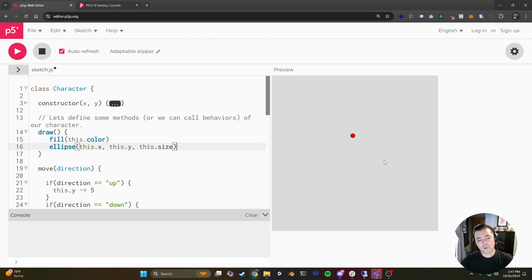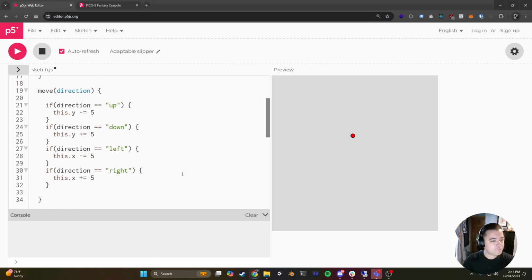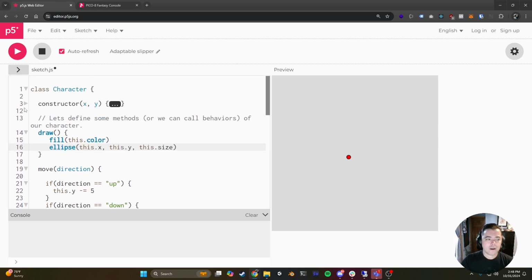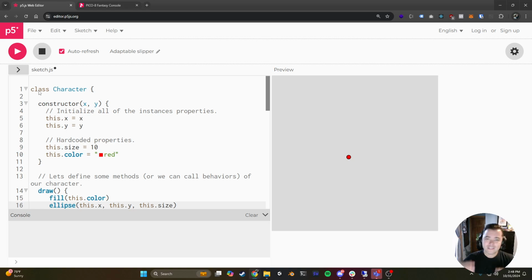And maybe even think about ways we can make this movement a little bit smoother, right? Like the movement of 5 pixels isn't the best. It doesn't feel that great. I can't hold down a key and move, which isn't great. I have to kind of tap the key. So think about ways that you can extend this, but the core of this lesson is really to continue to work out this idea of